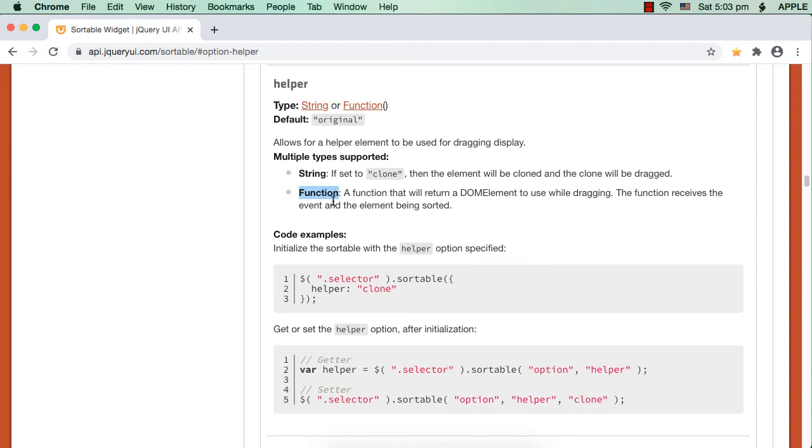So we are going to use this function, which will return a DOM element to use while dragging. The function receives the event and the element being sorted. So we can get the element being sorted from this function as a parameter, and we are going to use that to calculate the actual width, and we will set that width as the width of the item while being dragged. Okay, so let's do that part now.